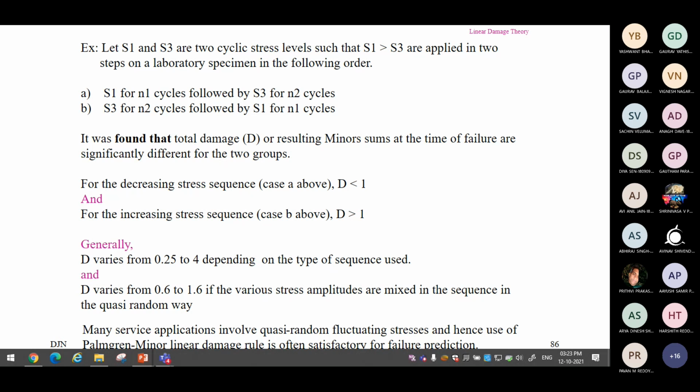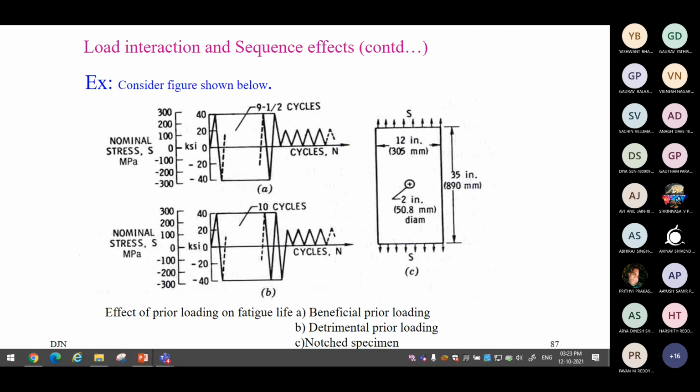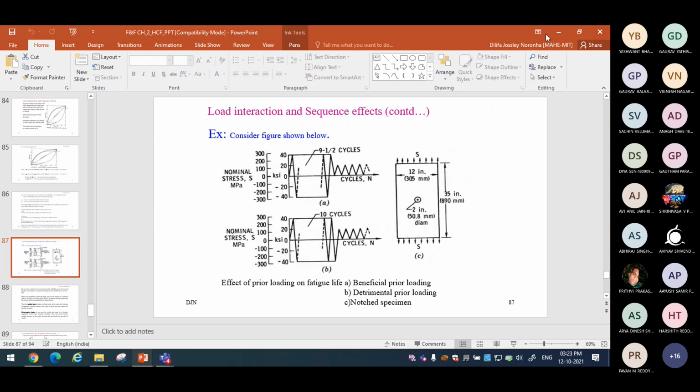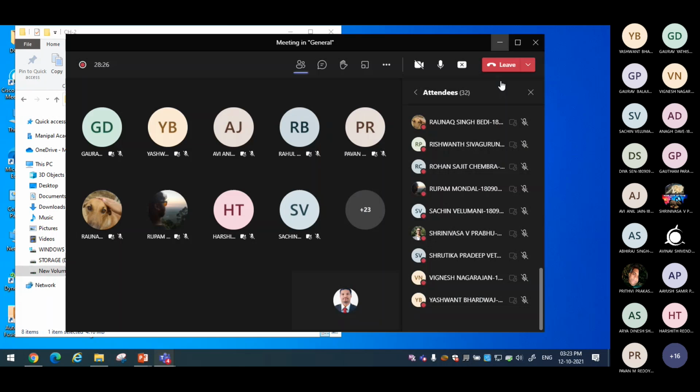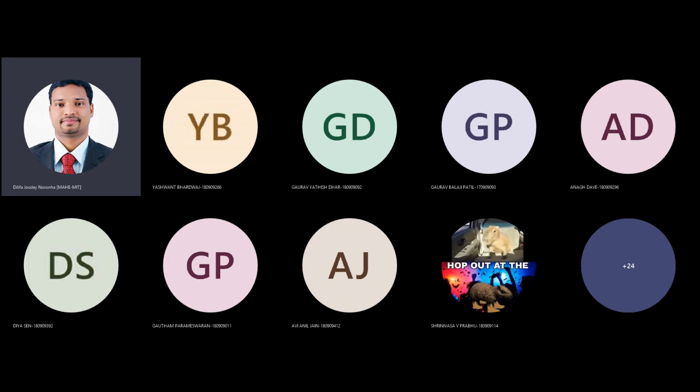So this theory I have already given. Sequence effect, you just read it. Any doubts, anything, you let me know. Okay, I will provide some idea and explain this example in the next class, because today we have to take the quiz now. I will stop the lecture here. You can read this in the handouts I have given. Just wait for 2-3 minutes. I will provide the link.